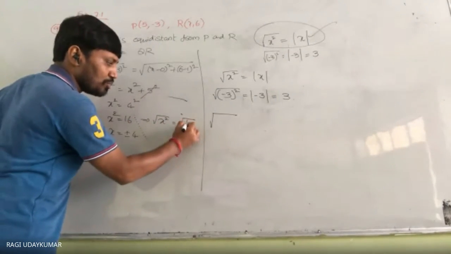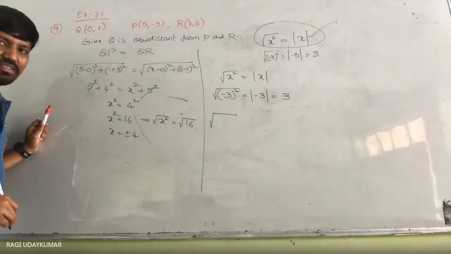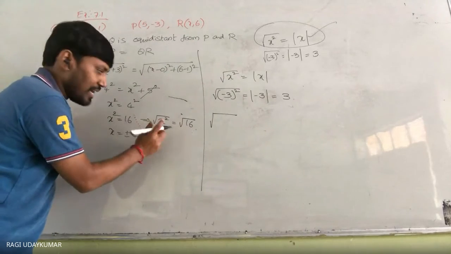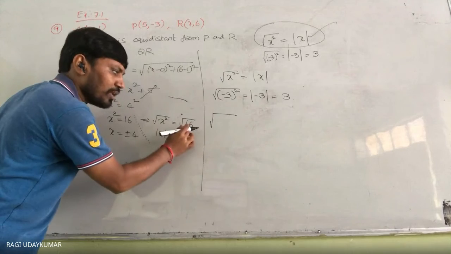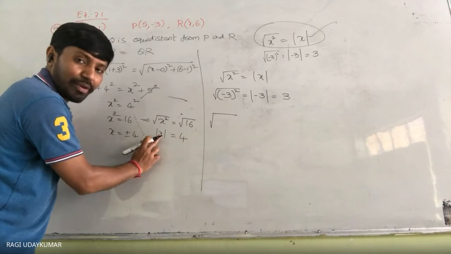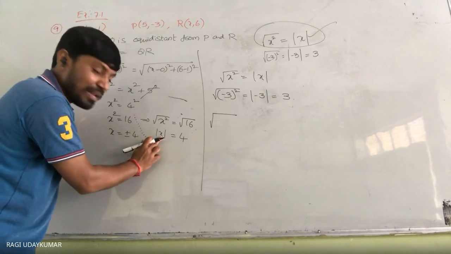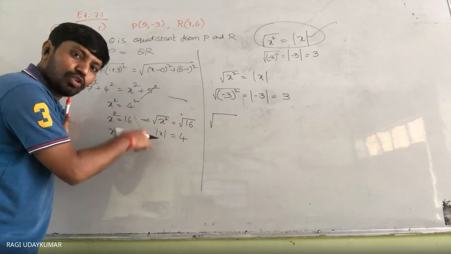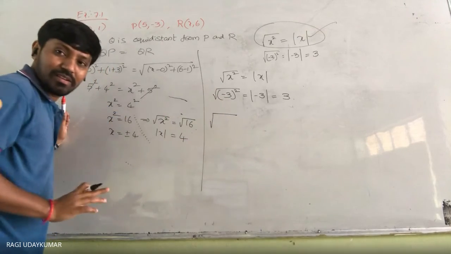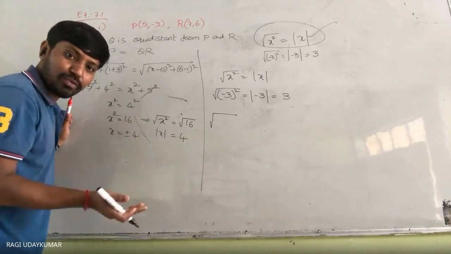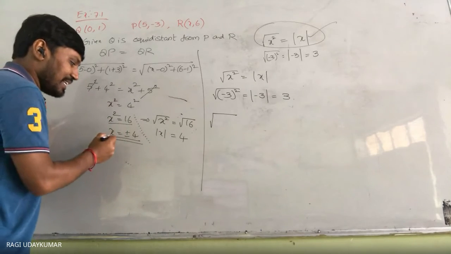Now here coming to this point, if you take square root of x square equal to 16, square root of both sides मैंने square root ले लिया. Square root of x square equal to square root of 16. Square root of x square value क्या है? Mod x. Mod x equal to +4 ही है. Root 16 value +4 है. तो mod x equal to +4 means x value क्या हो सकता है? x का प्लेस में +4 है तो भी आंसर 4 है. x का प्लेस में -4 है तो भी +4 है, as per this rule, मॉड्यूलस का डेफिनेशन के हिसाब से. तो x का प्लेस में either +4 हो सकता है, -4 and 4. x square equal to 16 means x value is plus or minus 4.